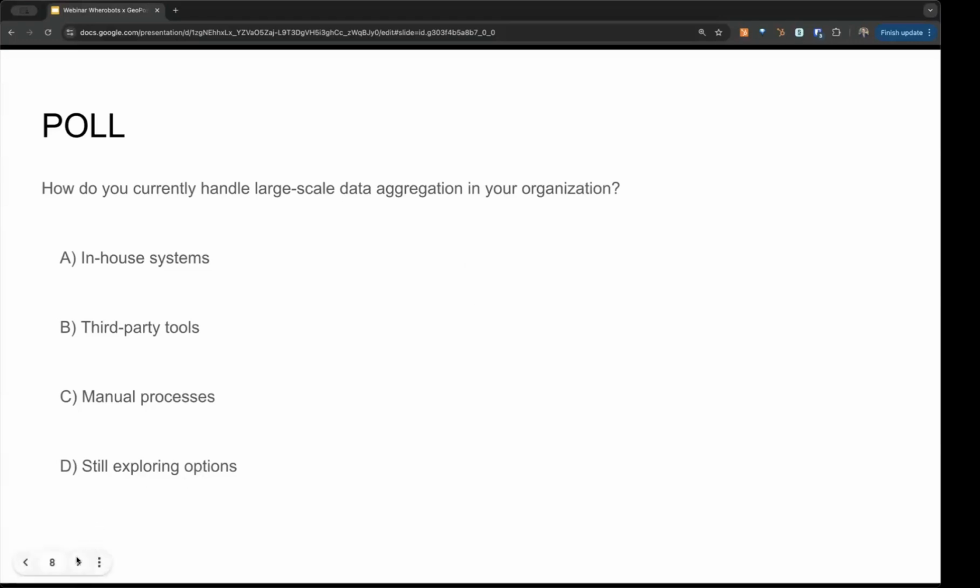So very cool. All right. Well, we'll make sure to share those results at the end, but we're about tied. In-house systems and third-party tools are tied for almost first, manual processes last, and then still exploring options at 26%. Okay, back over to you,